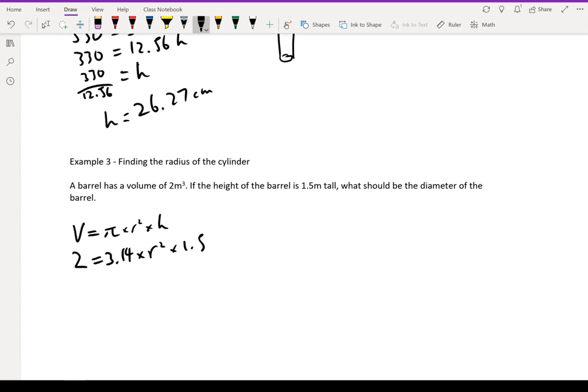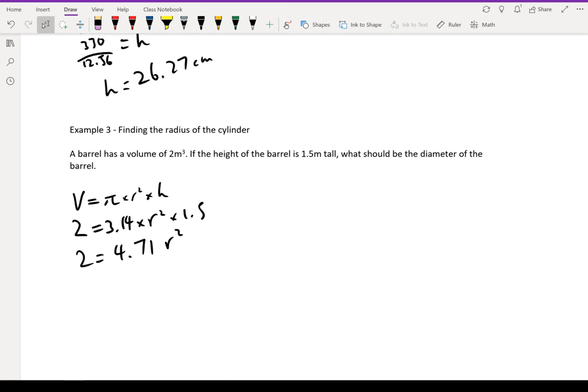So I'm going to multiply 3.14 by 1.5. That's going to give me 4.71. So 2 is equal to 4.71 r squared. And then once I divide 2 by 4.71,